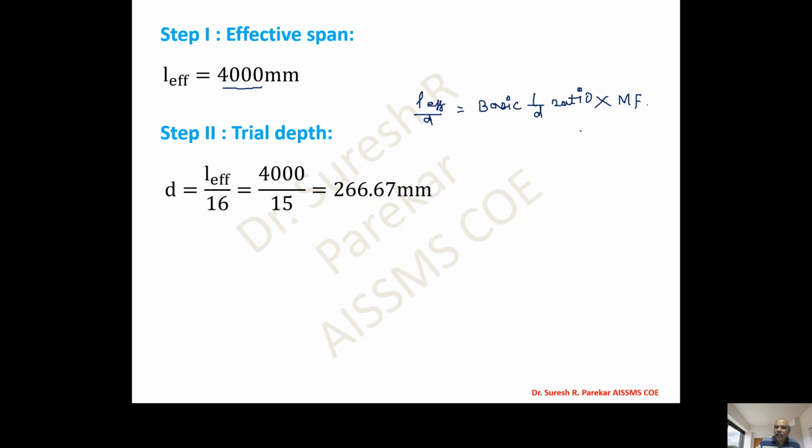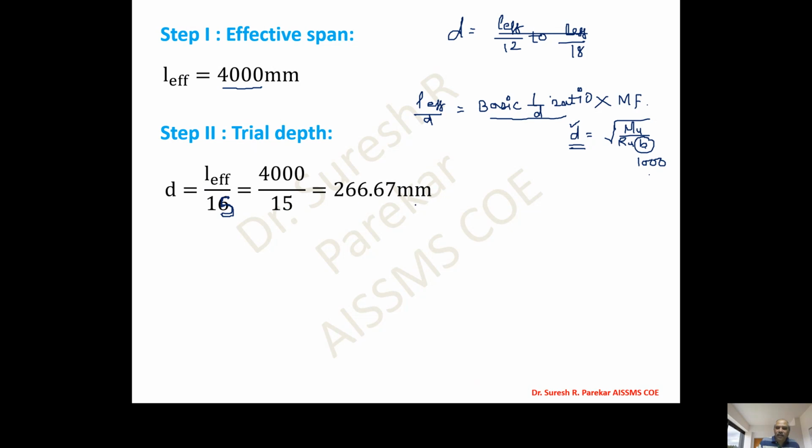In the case of beams, we have D equal to under root of Mu upon Ru into B, and in slabs we have B as 1000 mm. So by using this, our depth for moment will be less. But in case of beams, this B is 230 or 250 or 300, and in that case this criterion will not be satisfied, and therefore the value of D in beams is taken as L effective upon 12 to L effective upon 18. So here we have considered D equal to L effective upon 15, 4000 upon 15,